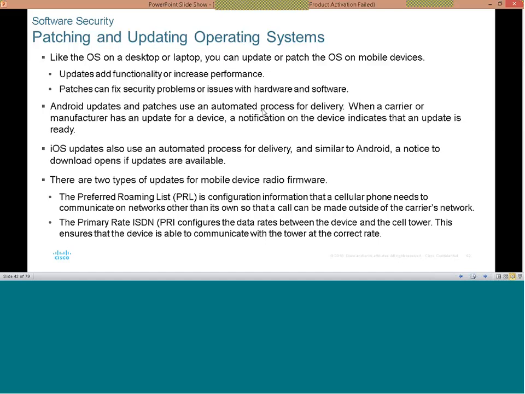So there are two types of updates for the mobile device radio framework. The first one here is the preferred roaming list, which is configuration information that a cellular phone needs to communicate on a network other than its own, so that a call can be made outside of the carrier network. So here you're looking at types of update for the mobile device radio framework. And then